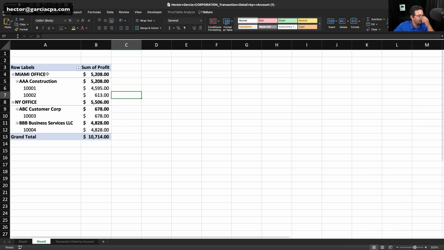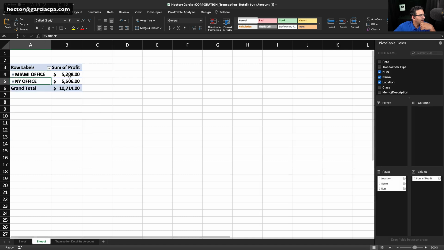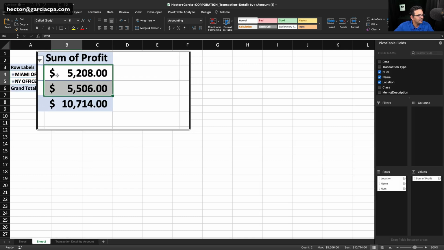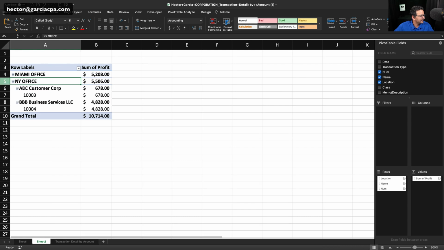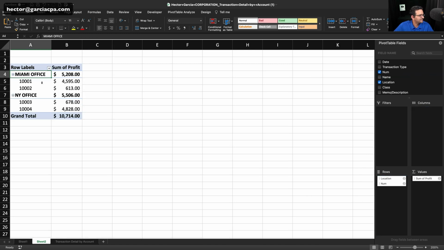That's going to give me my profitability across the board. So now I can see, okay, my profitability for the Miami office versus New York office, very, very clearly stated here. I can expand New York office, and then I can see my profitability for each customer or each invoice. If I don't want to see customer, I just click and drag customer back out there, and now I can see it only